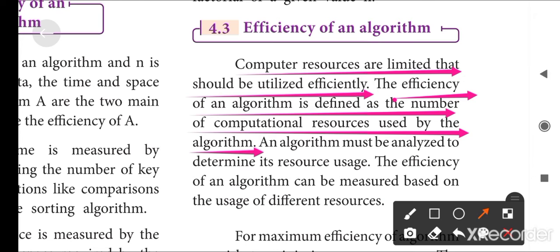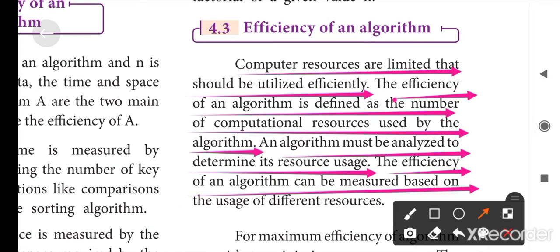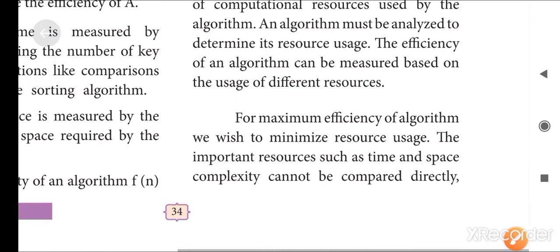An algorithm must be analyzed to determine its resource usage. The efficiency of an algorithm can be measured based on the usage of different resources.